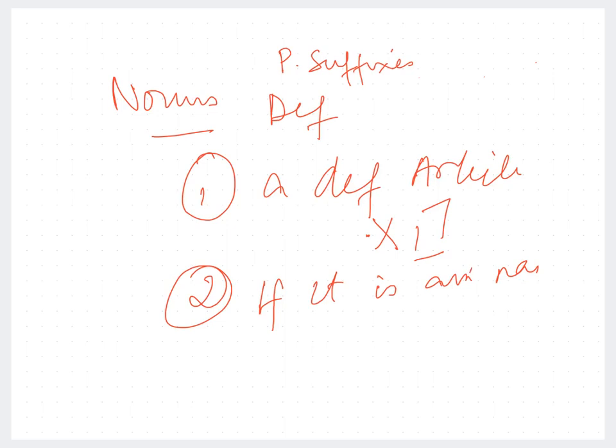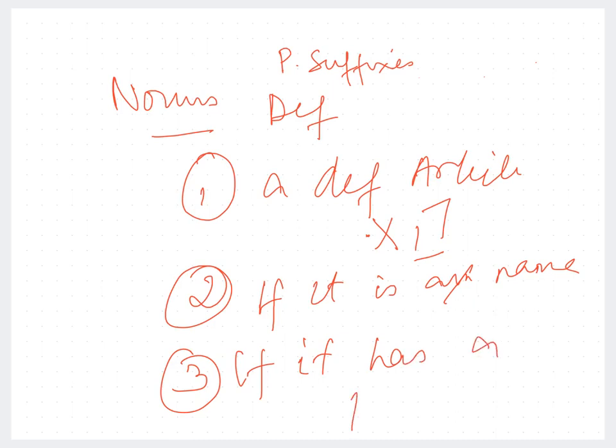Okay. If it is a name. All right. The third is if it has a pronominal suffix. These are the three conditions when a noun is considered definite. Please remember that. Okay. Now, singular